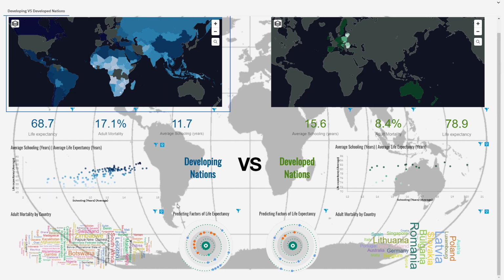So the next charts I decided to go with are some word cloud charts. I found these interesting, so I wanted to try to utilize them here. Adult mortality, as we talked about, is the inverse of what we intuitively think. So the bigger the words are, the more significant the mortality rates, meaning more on average dying between the ages of 15 and 60. So we can see South Africa is sticking out a bit here. Zimbabwe, Botswana,